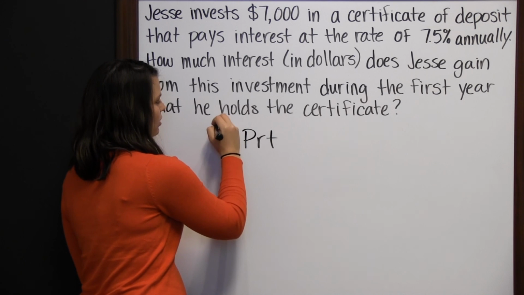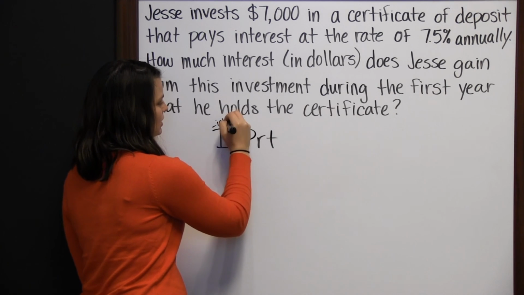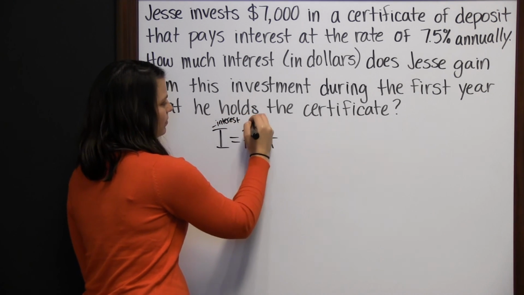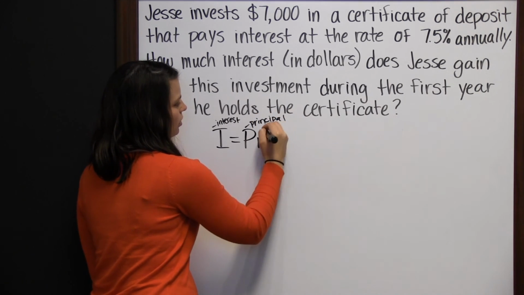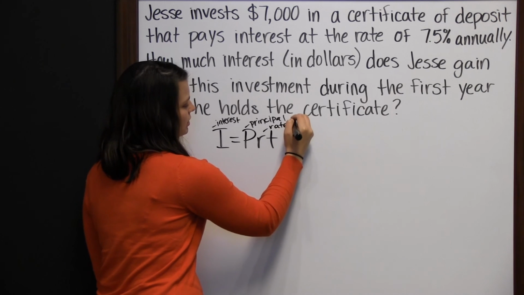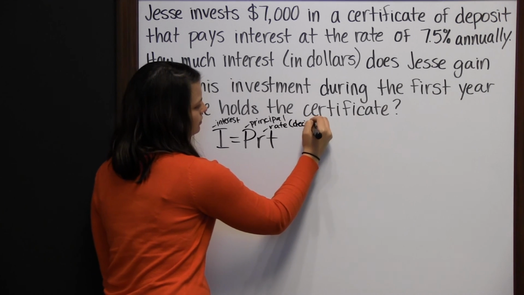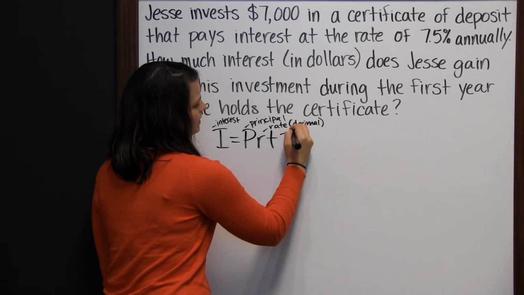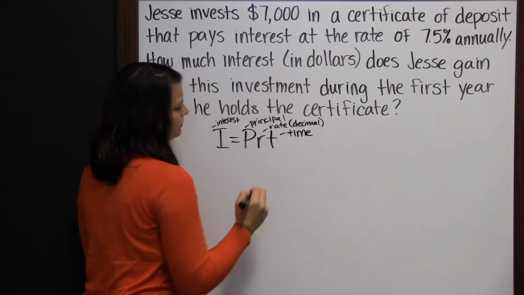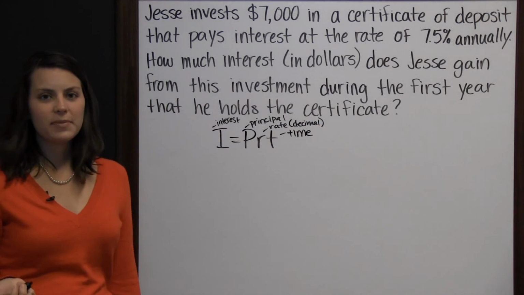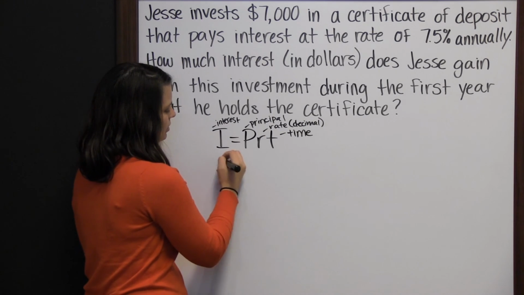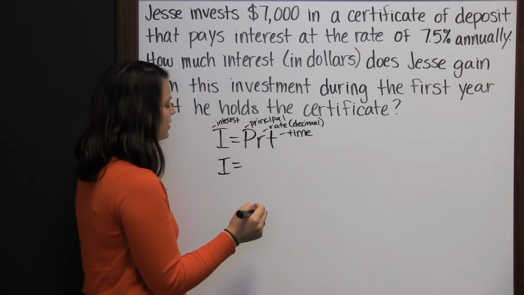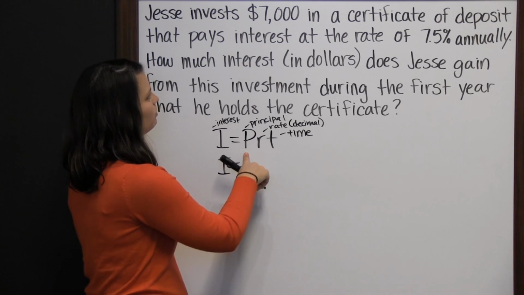So you may want to make a note of that. This I is the interest. P is the principal. R is the rate as a decimal. And the T is the time. So we're going to take our information from our problem and plug it in. So our amount of interest is equal to the principal,